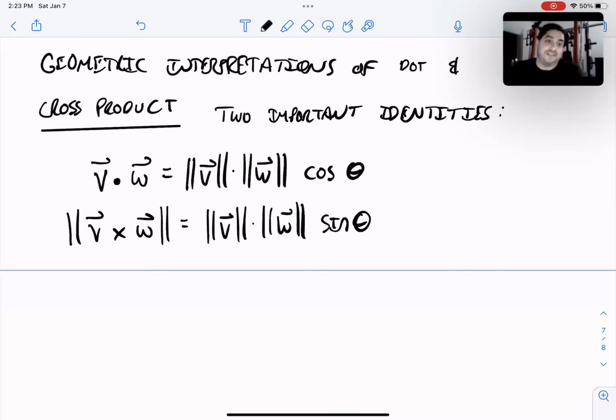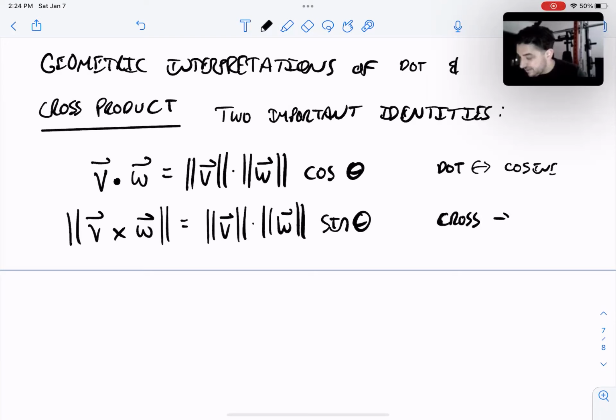All right, here I want to talk about geometric interpretations of the dot product and the cross product. There are two super important identities involving dot and cross. Notice they look almost the same, right? Except just that dot goes with cosine and cross goes with sine, right? So that's something to remember: it's basically the same theorem, works for both dot and